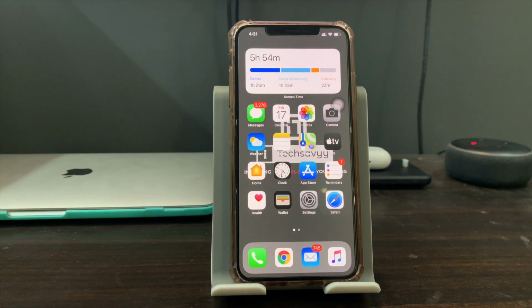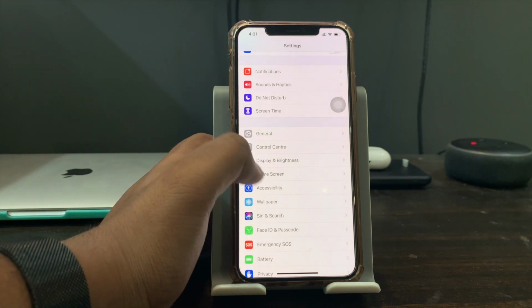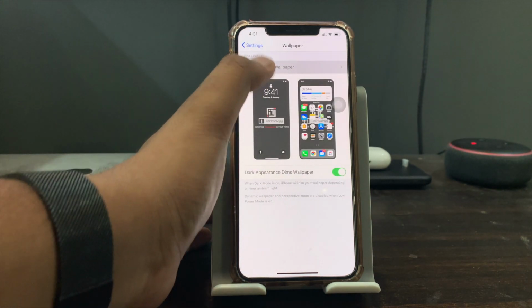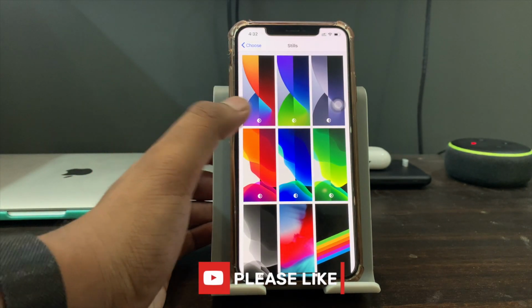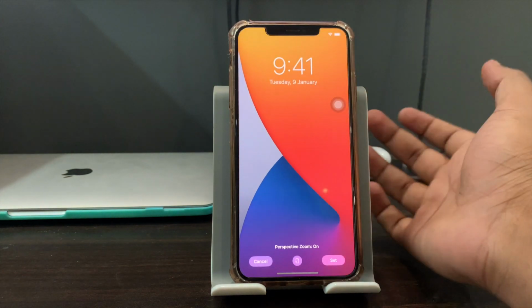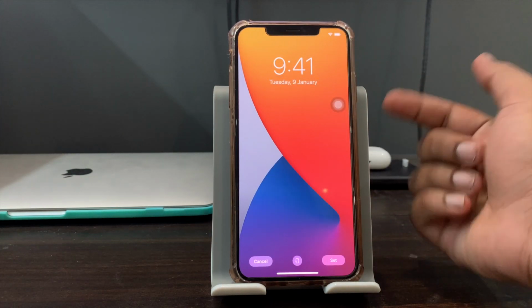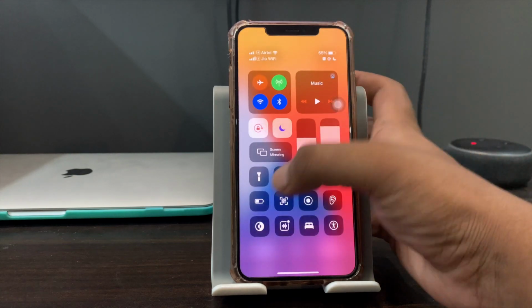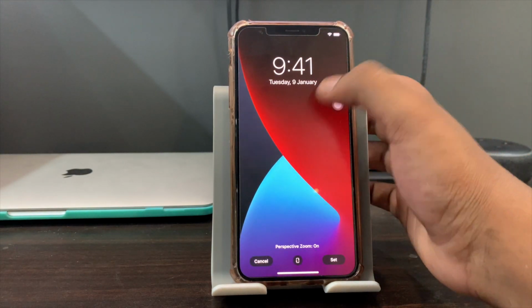Now we also have 6 new wallpapers. So if you go into settings and into the wallpaper section, we have new wallpapers here, and these wallpapers toggle between dark and light mode. Suppose right now I'm in light mode, so this wallpaper will be shown like this, and when I change into dark mode, the wallpaper is changed.